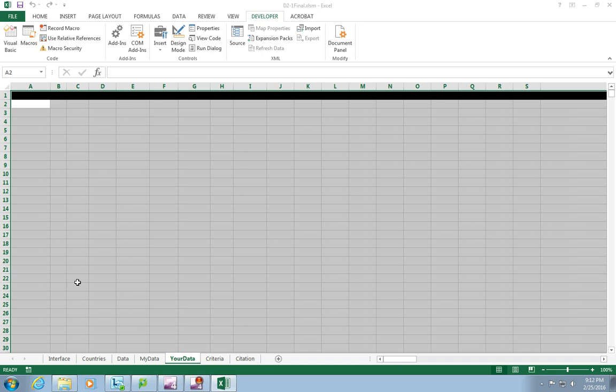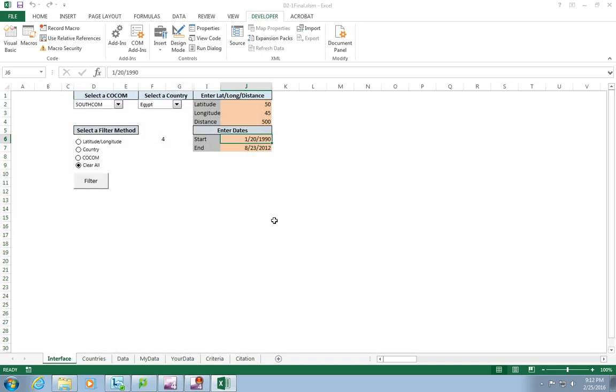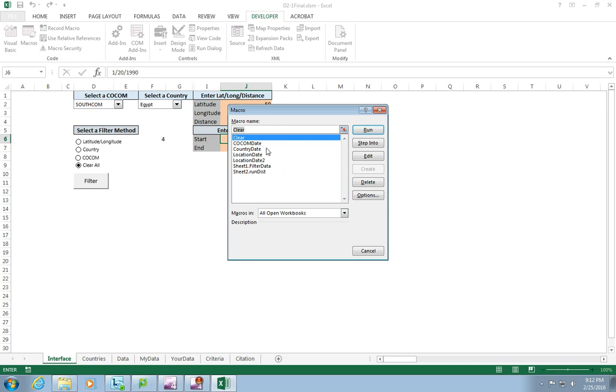You press clear all if you want to get rid of your data and make it look nice. Had to do a couple of cell references and some VLOOKUPs, but ultimately it works out pretty well. It's pretty efficient. Some of these macros aren't actually used, like location date and sheet 1 filter data. I just didn't take them out yet because I wanted to be certain that it worked, because it was working with everything. I guess I'm superstitious, but